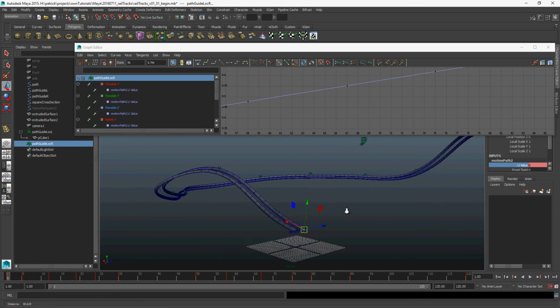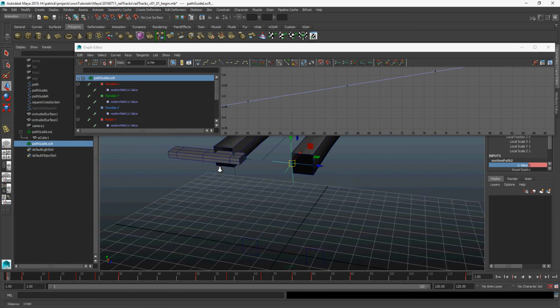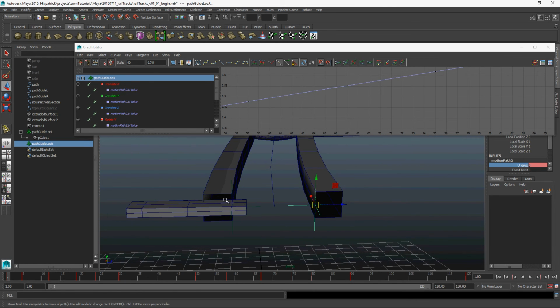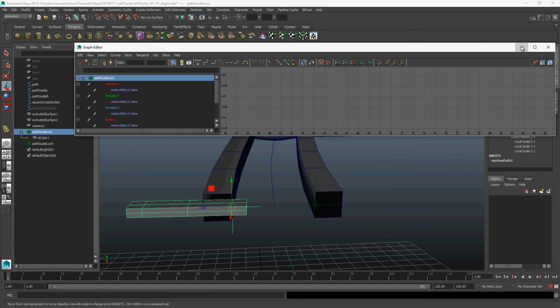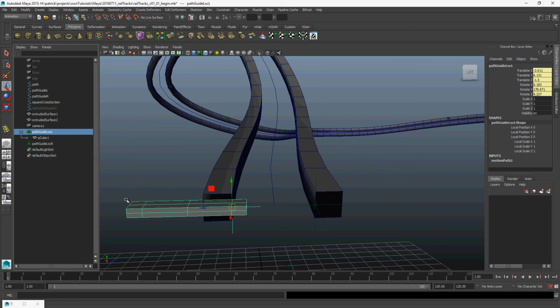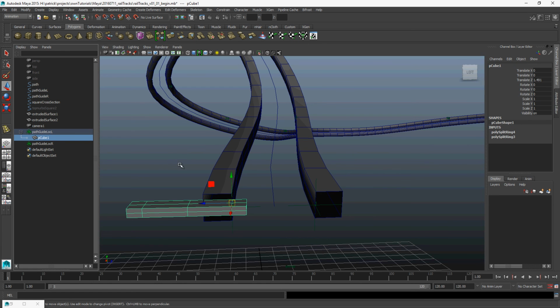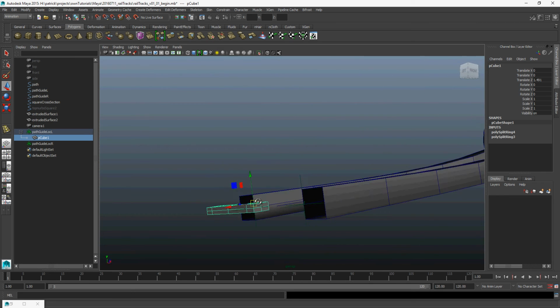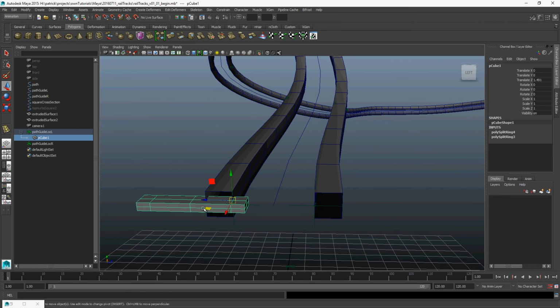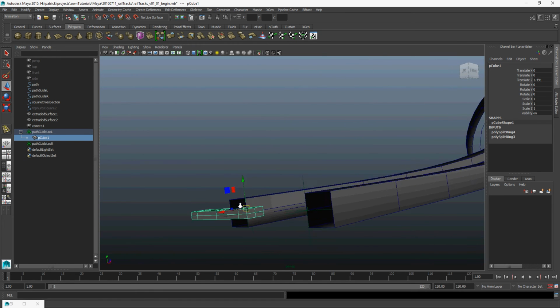So now finally we're going to make that locator look at, the locator is tied down, so I'm going to make that cube look at the other locator. How we're going to do this is going to the cube's object space and find out which